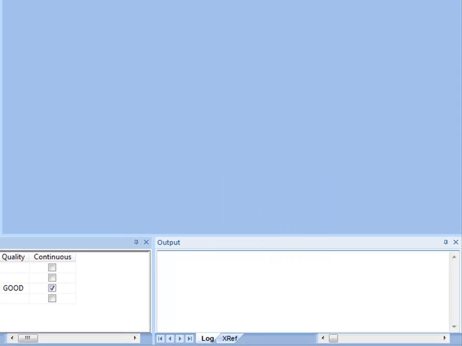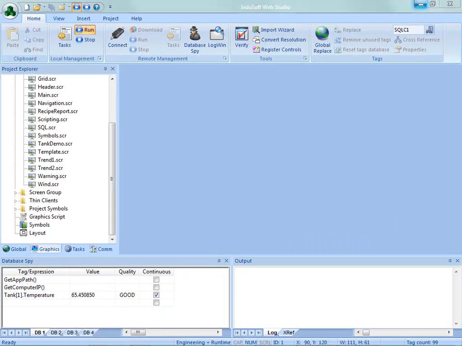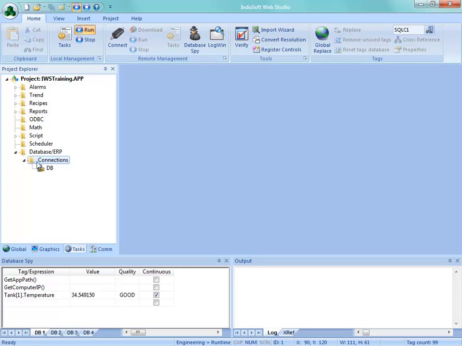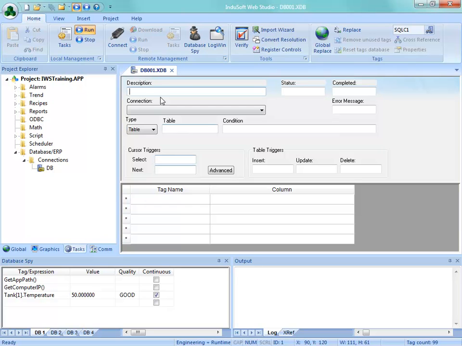And at this point, we're going to switch gears a little bit, and instead of using the VB script as a way to get in there, I'm going to use a different mechanism. So here under the database ERP, now that we have that connection established and we've been working with that DB connection, I'm going to right click and insert a database worksheet. And now we can choose and work with that same database here, and we have a choice of working with